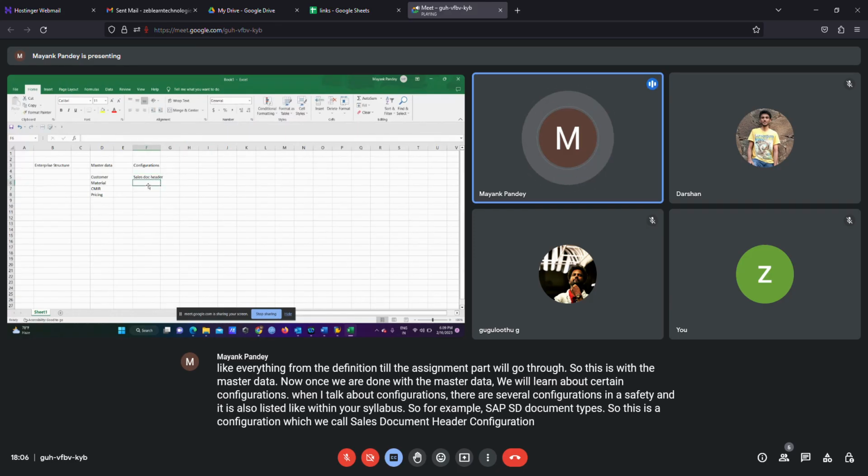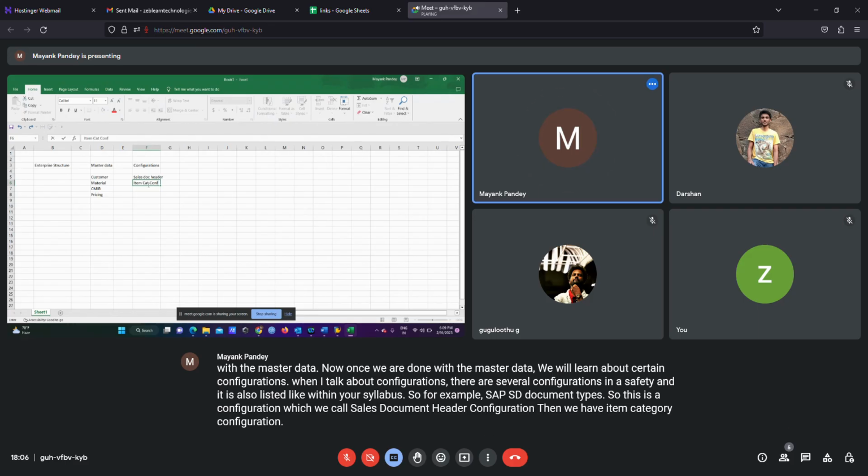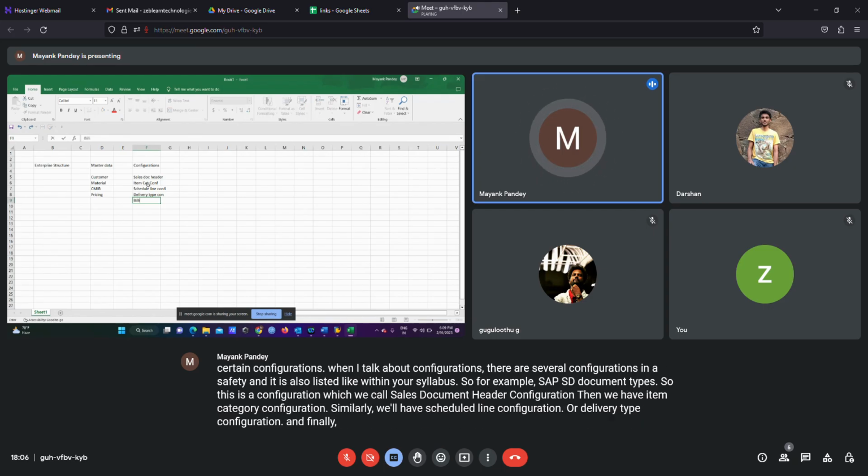Then we have item category configuration. Similarly, we'll have schedule line configuration, delivery type configuration, and finally, billing configurations. So these are all the configurations which we will learn about.